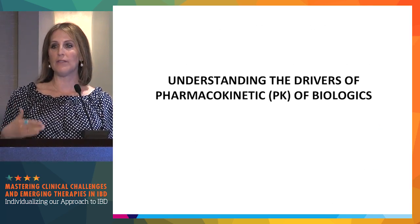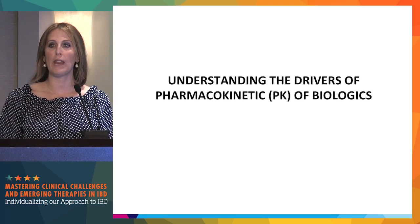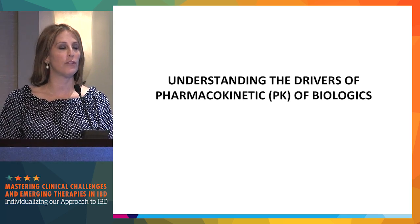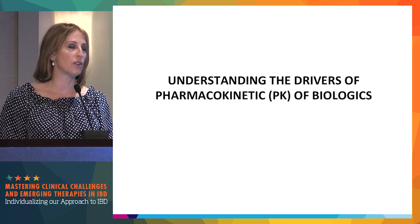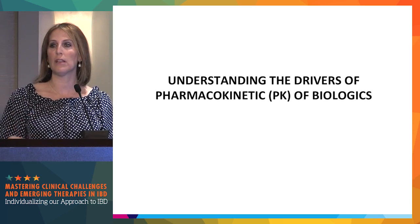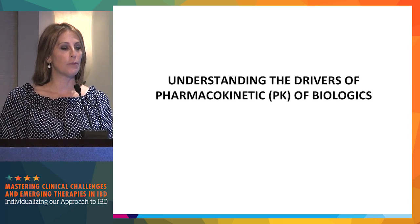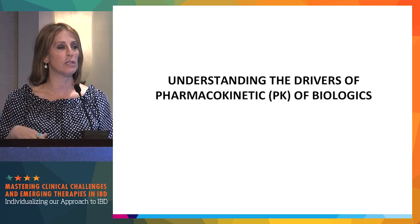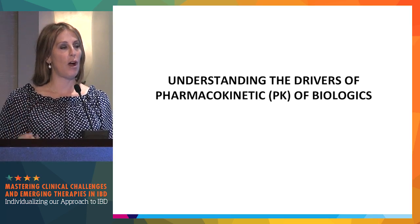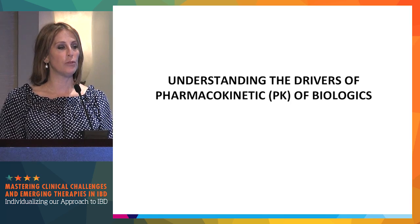So what drives someone to metabolize these therapies differently? What is it about the pharmacokinetics that helps us understand why drug levels are important? We don't know in the future whether or not small molecules, for example, whether the future of tofacitinib or mongersen or Receptos oral small molecule, whether there's going to be any tie to a drug level or a certain way that someone clears it. So for the moment, we've got the anti-TNFs, we've got Entyvio, for which we don't have an assay yet,